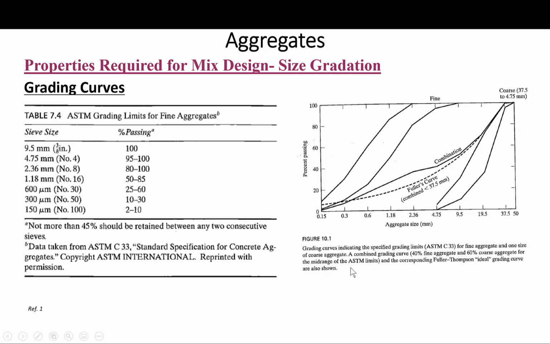This is for the mid-range of ASTM limits, as you can see here. And this is the corresponding Fuller-Thompson ideal grading curve shown here. As I said, the aggregate size is indicated on the abscissa and the percent passing on the